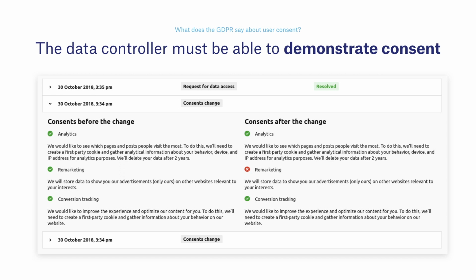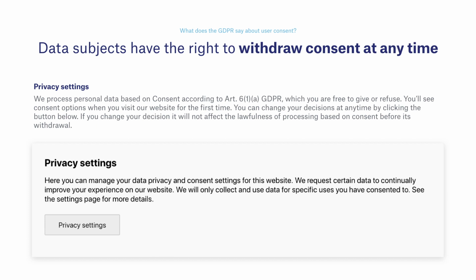This point goes hand in hand with the one about obtaining proper consent in the first place, because it's not only vital to collect consent for specific data processing purposes, you must also be able to prove it. And I'll explain more about how companies can manage this process in a minute with consent management platforms. Lastly, data subjects must be informed of the right to withdraw consent prior to giving consent, and it must be as easy to withdraw consent as it is to give it.